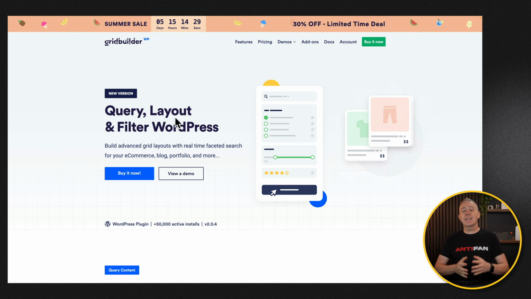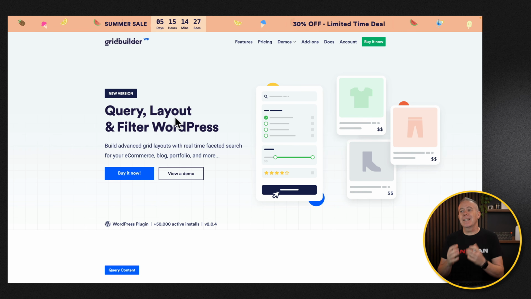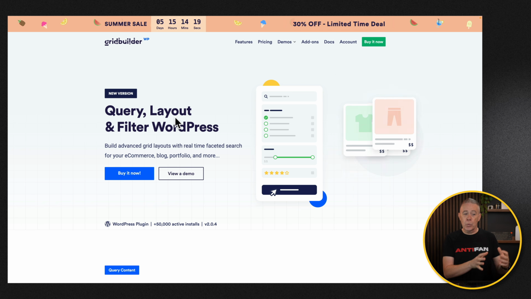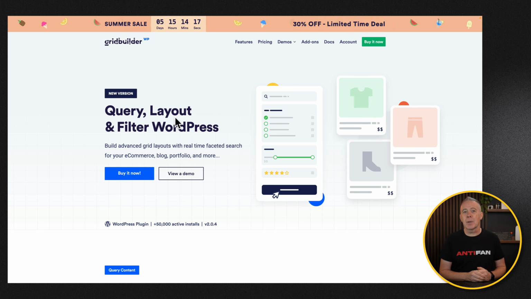GridBuilder WP is a very popular query, layout and filter plugin for WordPress, and recently they released version 2.0. Now, with that, there's a lot of key changes over what the previous version brought to the table, and in the next couple of videos, I'm going to demonstrate how you can use some of those key new features